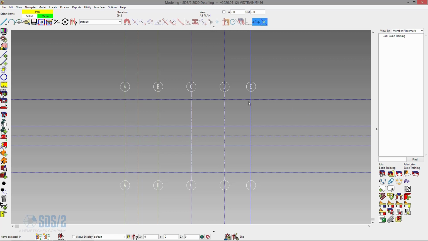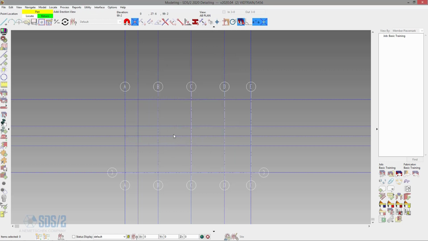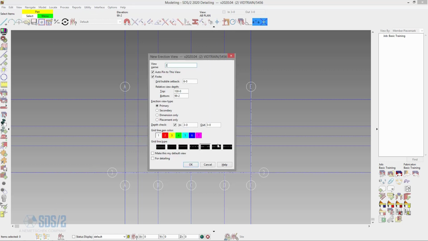So if I wanted to add my grids horizontally, I would come up here and start my add grid again, change my point locator back to intersection of construction line, and I'll go ahead and define my points left to right, so I'm looking from the bottom up. We'll call this grid 3, setbacks at 6 foot 0. I'm going to go ahead and make my top 130 foot 0, primary, in and out at 3 foot, and say OK. And the same for grid line 2